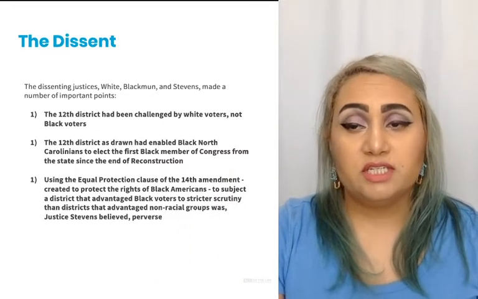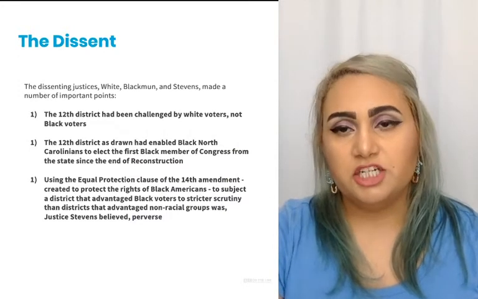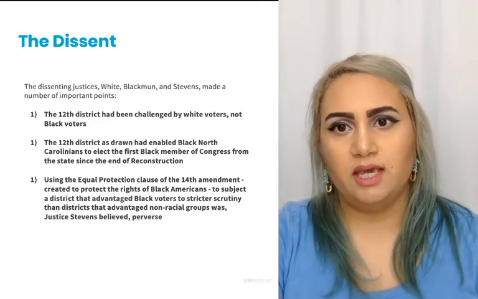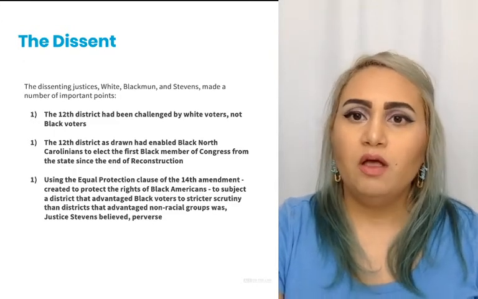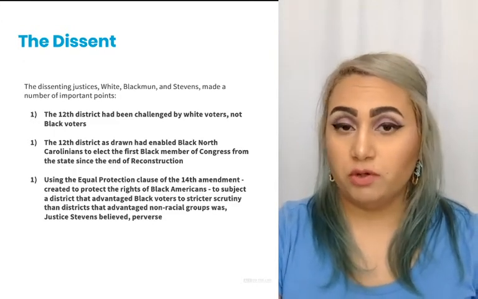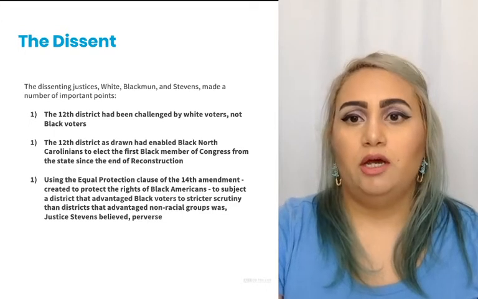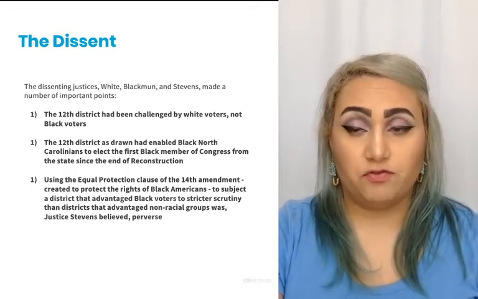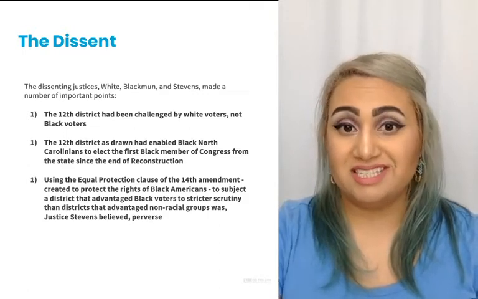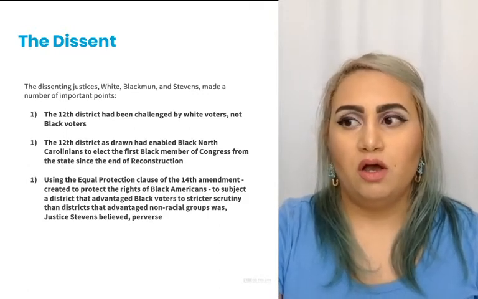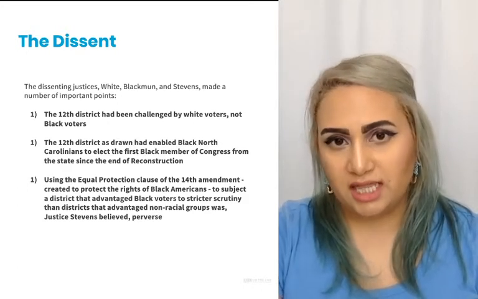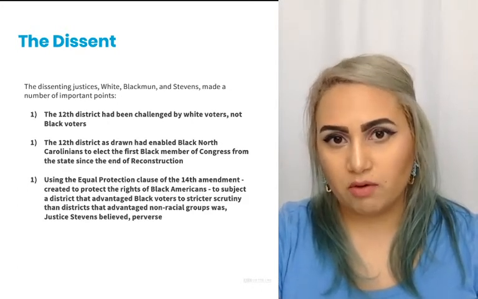Right. So the dissenting justices also made a number of important points, though, in this case. First, they said the 12th district had been challenged by white voters, not by Black voters. The 12th district, as drawn, had enabled Black North Carolinians to elect the first Black member of Congress from the state since the end of Reconstruction. So in almost 100 years, for the first time, this district allowed Black voters to elect a Black representative to